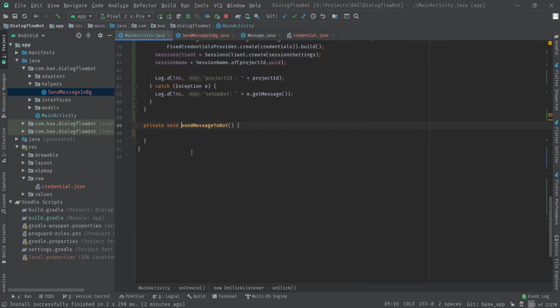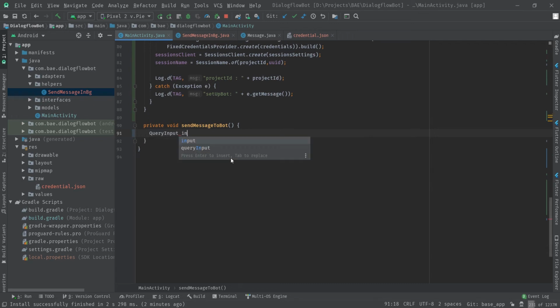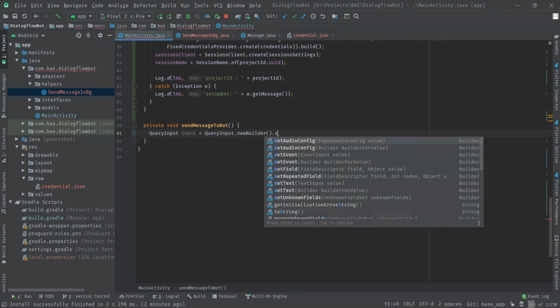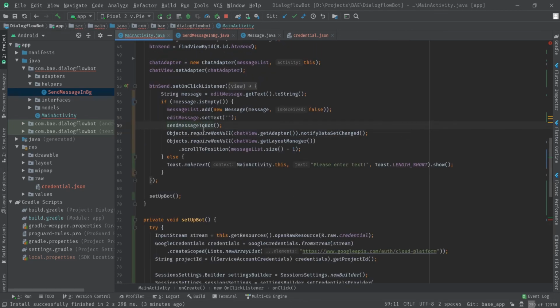Our work from here is in this particular method. At first, we need this value called query input. I'll call this input. Alternatively, we can just send the message to this function.